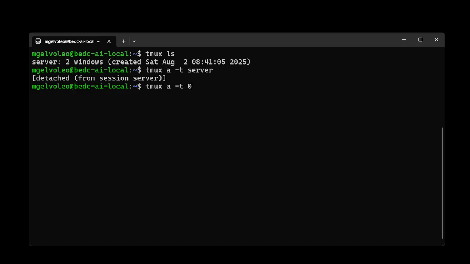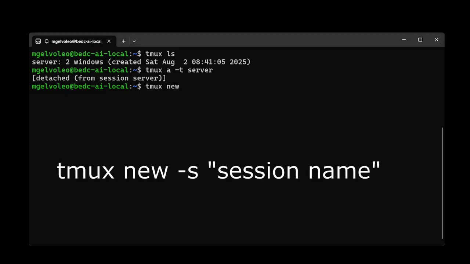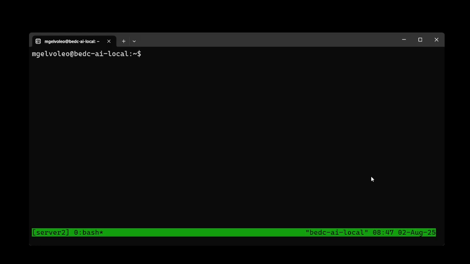Going up right now to save time, we're going to create a session by simply typing tmux new -s, and we name my second session server 2. Okay, so what we're going to do now, we want to make it fancy right now in our end